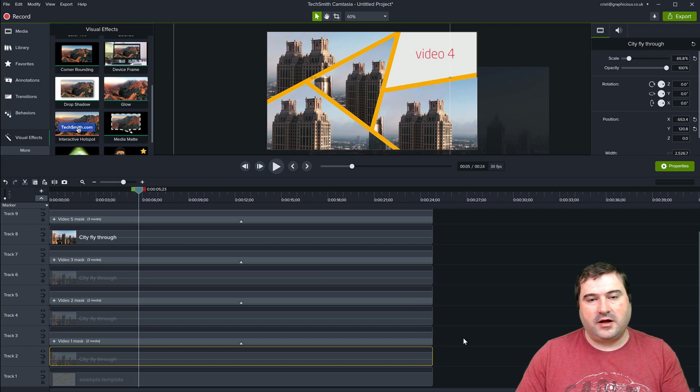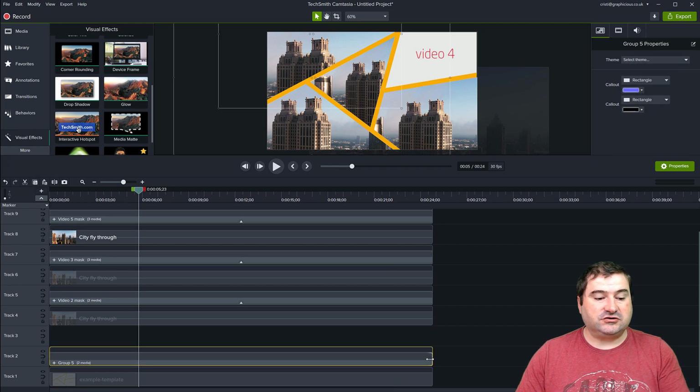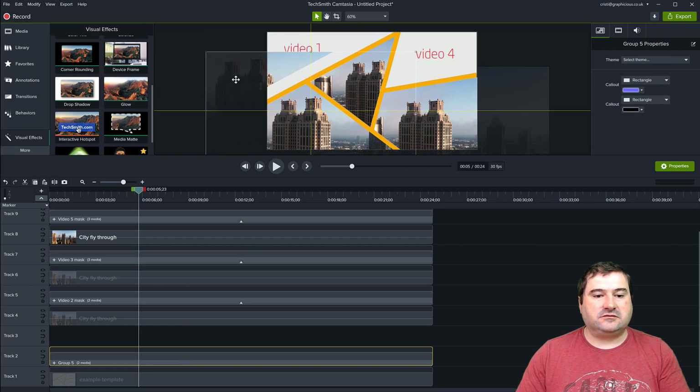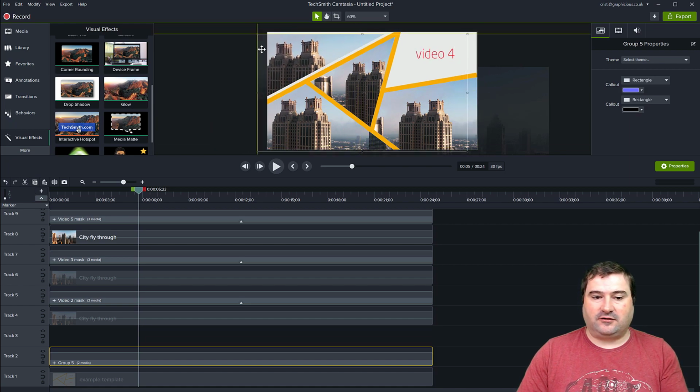And you can actually group the clip with the media matte effect that affects it. So for example, if I don't want to mess this around when I'm moving things about, I have video 1 mask on the bottom left there, and the clip it affects, I can select both of them and press Control G to group them. So now the whole thing is one clip. Look, I can move it around on my canvas. I'm moving the wrong one though. You can move it around like this, use your arrows, or just drag it, so it becomes a single object with the video cut out inside of it.